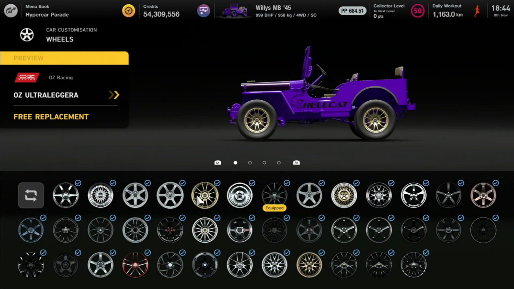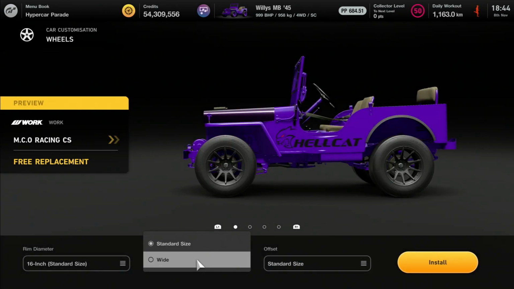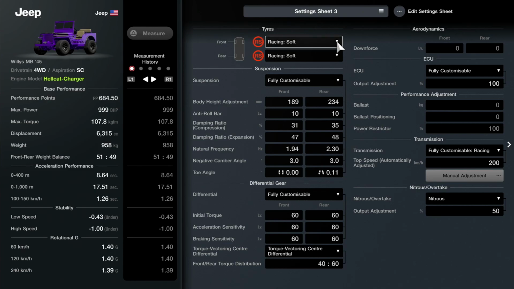Come across to car customization, choose your type of wheels that you want, and then just make sure that the rim width is wide. Next, you want to head over to the tuning shop and make sure you have the following for the Jeep. So racing soft tires, fully customizable suspension, fully customizable diff, the torque vector and center differential,